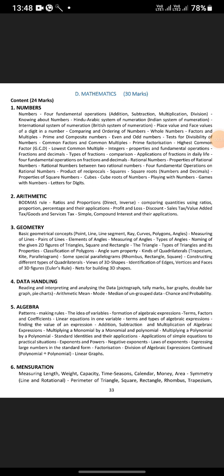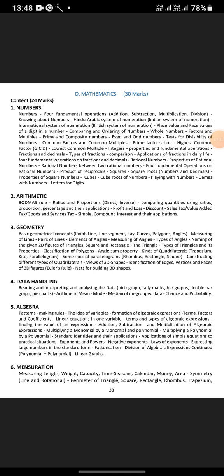Comparing and ordering of numbers. Whole numbers, factors and multiples, prime and composite numbers, even and odd numbers, tests for divisibility of numbers, common factors and common multiples, prime factorization, highest common factor (HCF/GCD), lowest common multiple, integers, properties and fundamental operations, fractions and decimals,